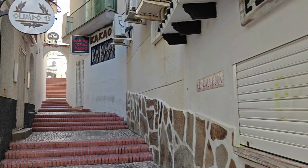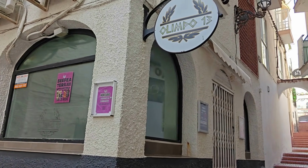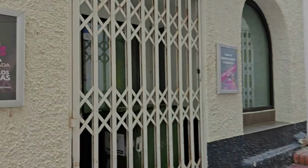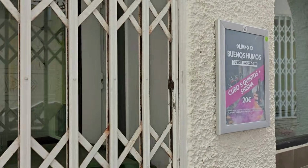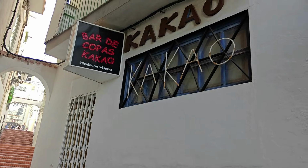DJ sets. Walking carefully upwards as I film, we next see the Bar de Copas, Cacao, which again is a late evening disco and nightclub. And then, after passing through the much photographed pan-tiled archway, to the left we see a glass doorway, where long ago there used to be a British bar here called the Magpie's Nest, where you climb down into it via some steep steps, and then after enjoying your drink you could head straight through and come out on the neighbouring